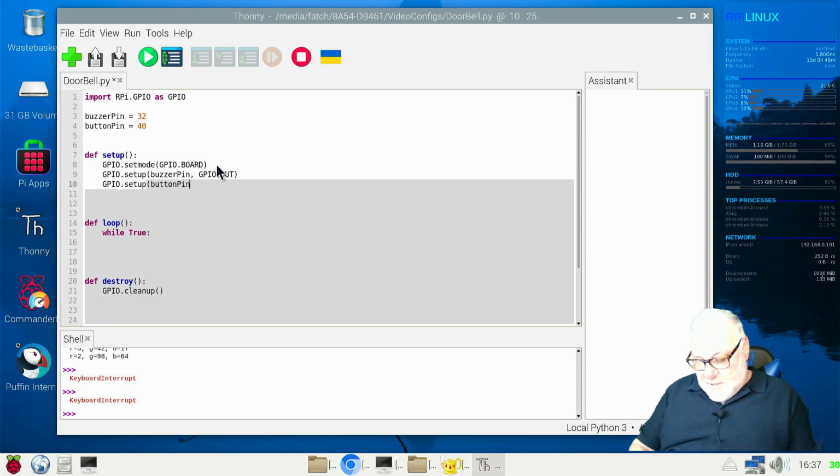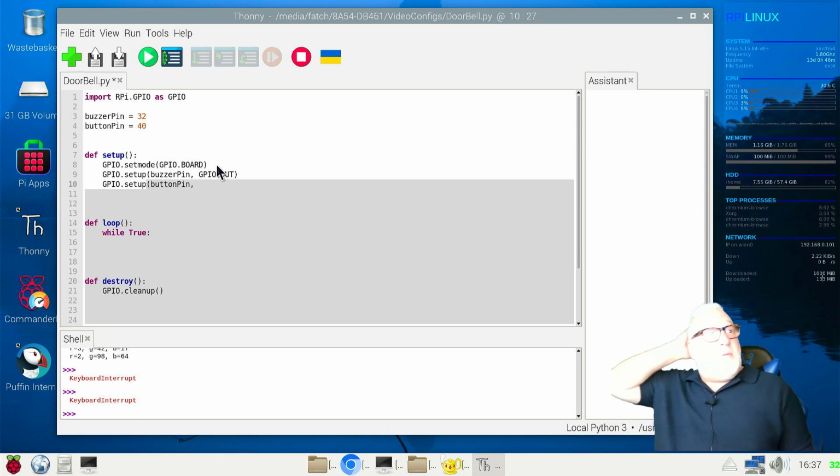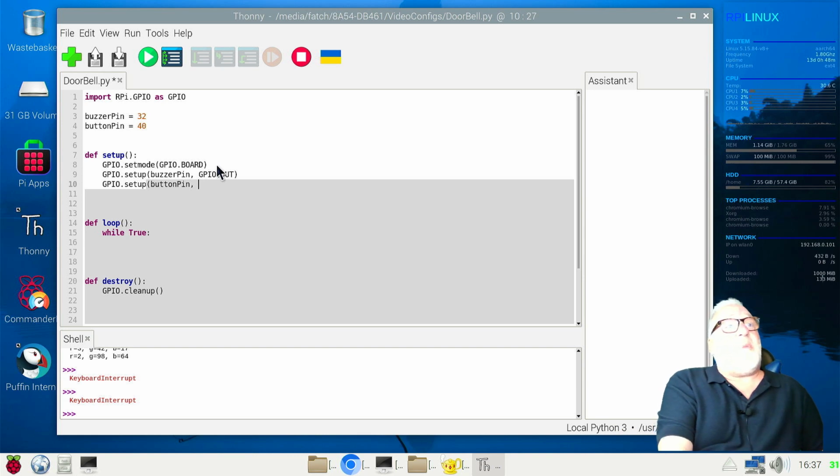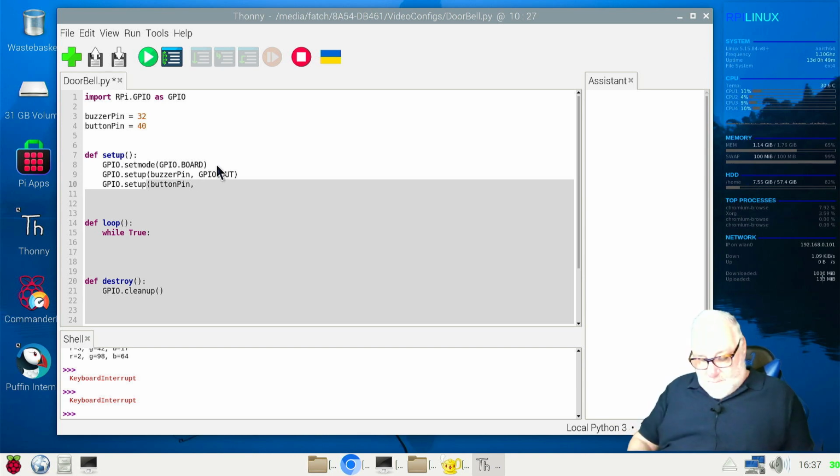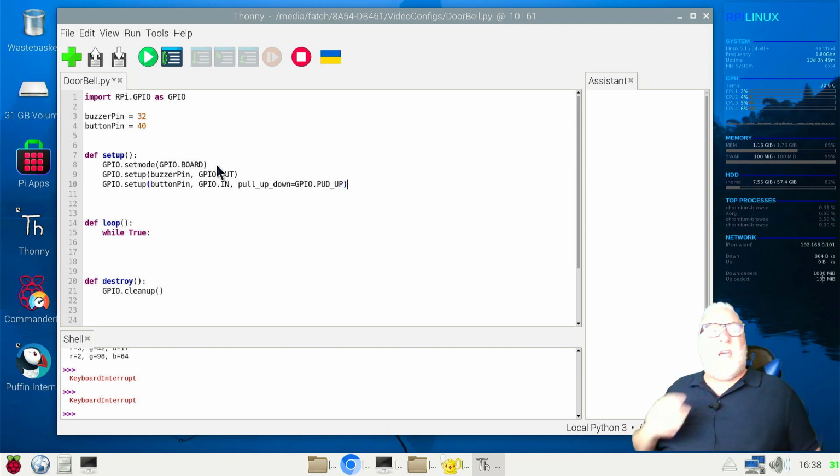Button pin, yeah, and remember on the button pin we have to set up a pull up down resistor. So it's pull underscore up underscore down, yeah, equals GPIO dot PUD capitals underscore up. Remember that from one of our previous videos? Sets button pin to a pull up down resistor input mode. Okay,